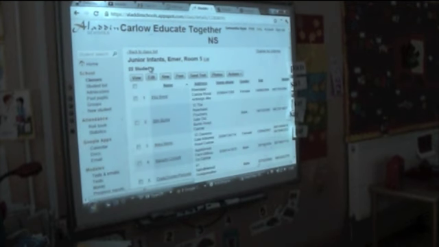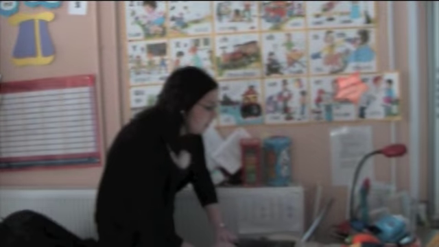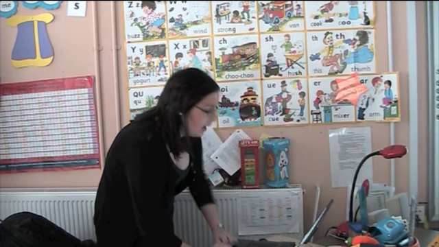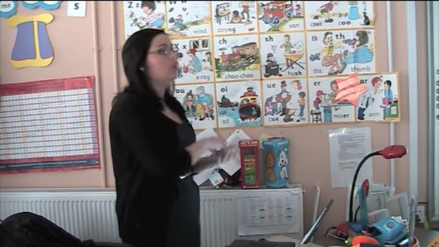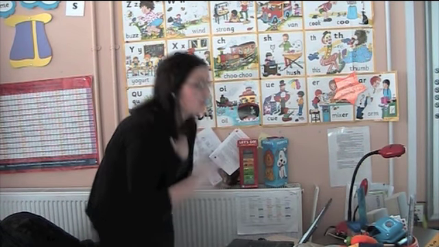So if we want to just tell the junior infant parents that they're swimming tomorrow at 11 instead of 11:30, we can go in and tick all the names of the children here and then press send text message, and that child's parents' details are stored on this. So you type in your text and you send it, and the computer sends it, and that's it. So you can send group texts or text to all the parents in school this way, and it's actually really quick and easy rather than trying to ring everybody and send a